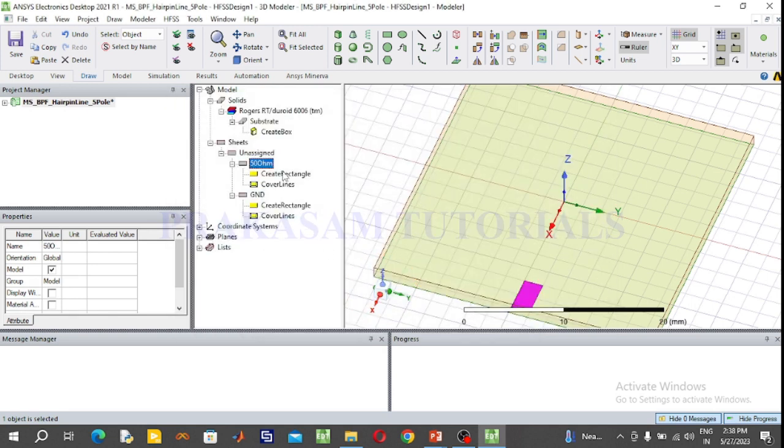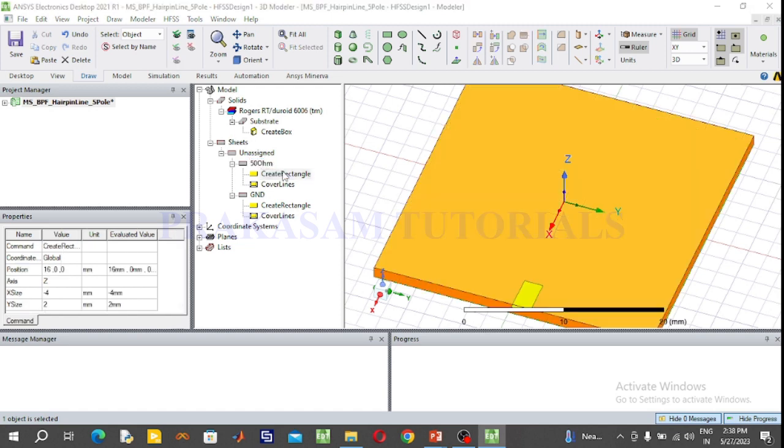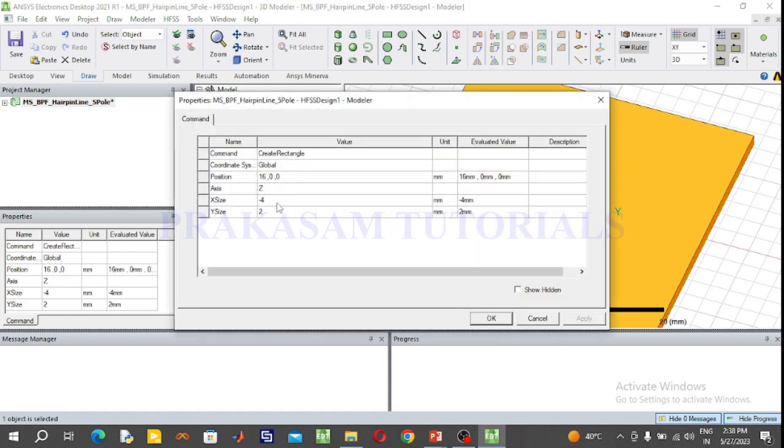So now change the dimensions of the 50 ohm transmission line. Axis is the Z axis. So now here I am considering the length of the 50 ohm transmission line is 4.6 minus 4.6, and the width of the 50 ohm transmission line is 1.85 mm, and the X position is